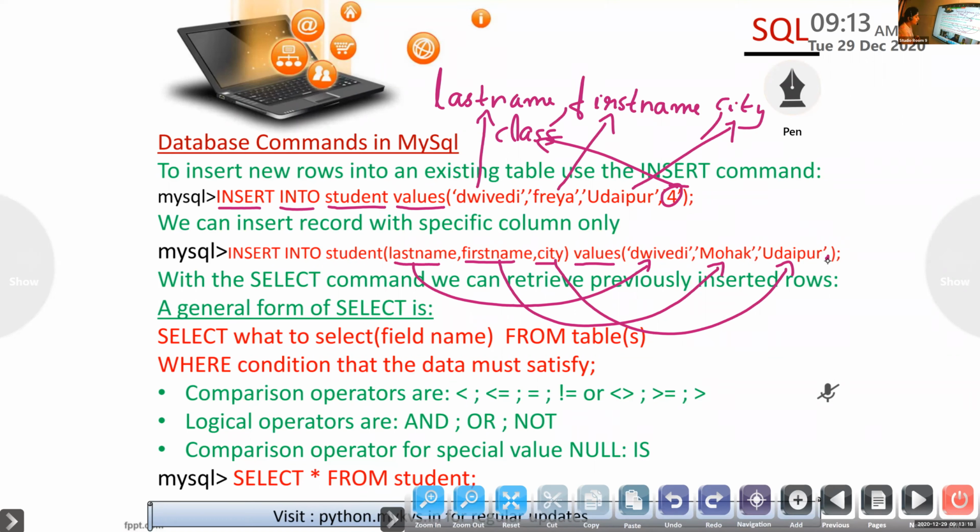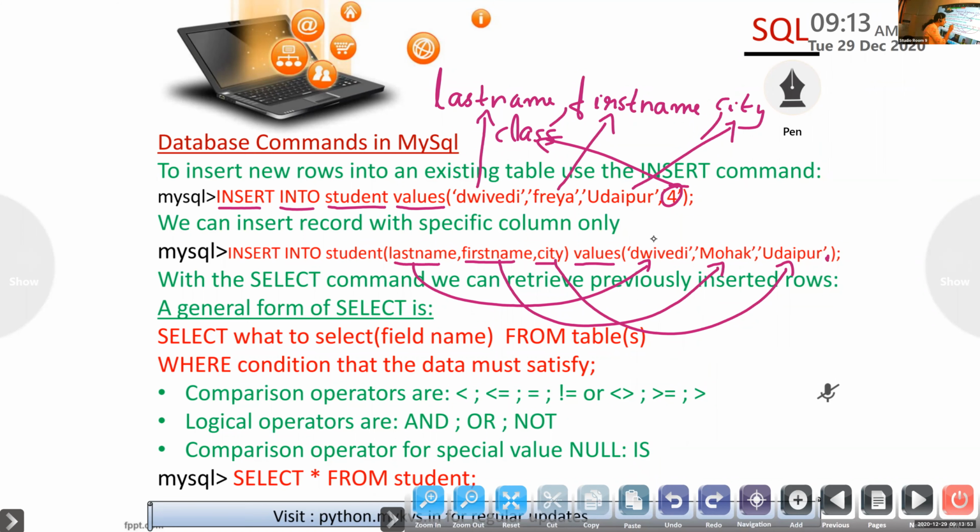So if you want to skip any column values, you definitely need to use this particular insert statement. You can't use the first statement; it can be used only if you are inserting all the values. But the simplest method is the first method. In the second method, it is not compulsory that the order should be the same. We can directly write city, last name, first name, but then you have to enter city first.